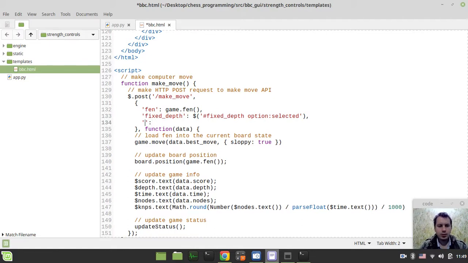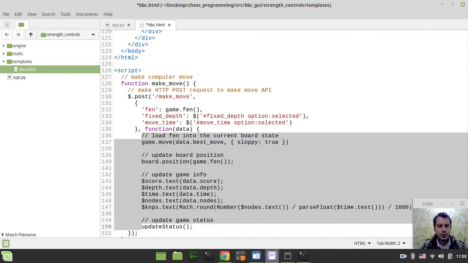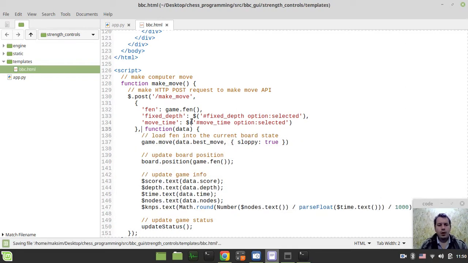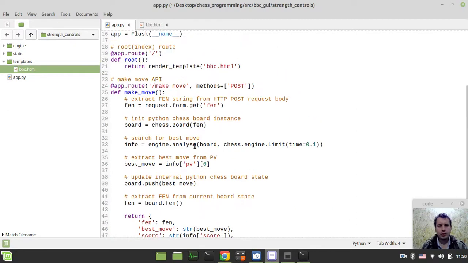Okay. So here we have the move time, and move time option selected. Okay, I hope this works. Okay, function data. Now we could even give it some extra space, extra indentation, I mean. Okay, so at the moment, if I did everything correctly, it should already be able to